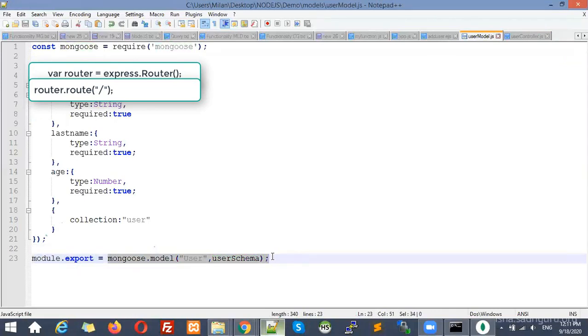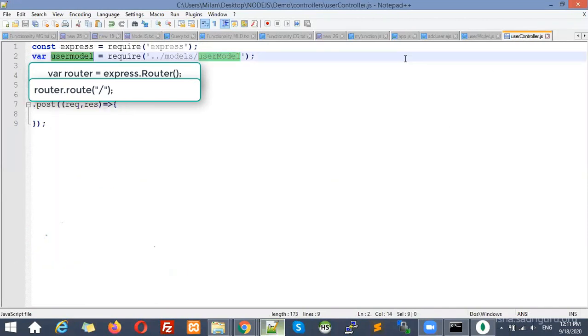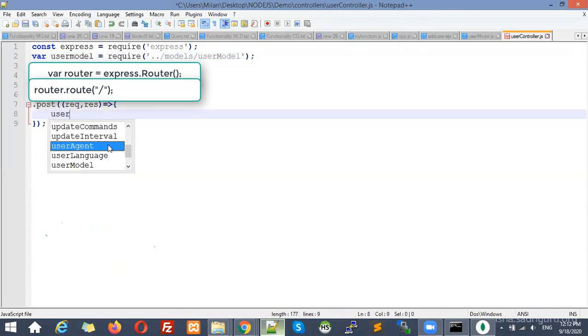Whatever I am going to return through this one, I am going to return the model of this schema. So that is exported and that is used over here. So this variable is now referring to our model or our schema. So now I'm going to use that variable, userModel dot, and its methods we can use.